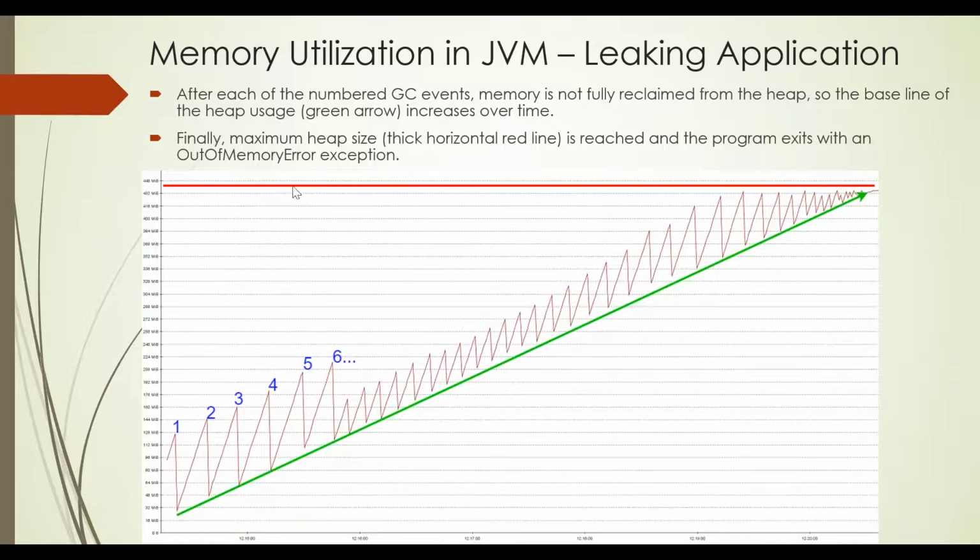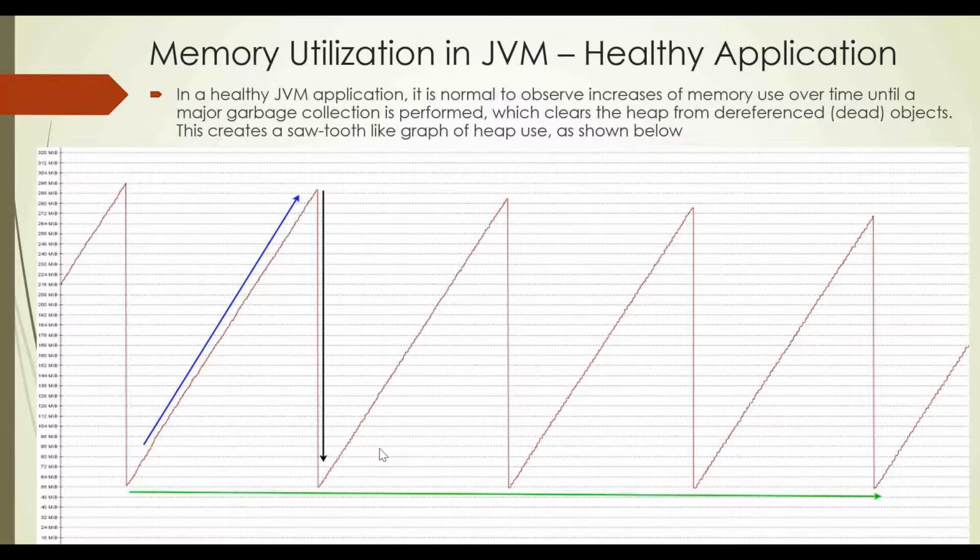So what is this red line? This is the maximum line, the maximum heap space available for you to grow. Now this base is shifting, and at some point it reaches your red line. That means you are bound to get an out of memory exception, right? This is how you identify if your JVM is leaking memory. This kind of graph represents that your base is shifting. Each GC is not able to reclaim all the bytes that have been used, unlike the previous pattern, where all the bytes that were used have been reclaimed by the GC.